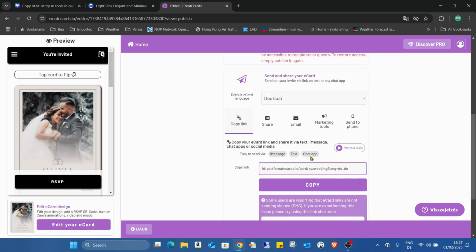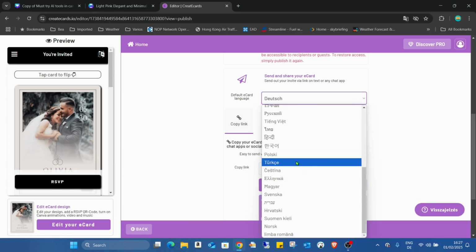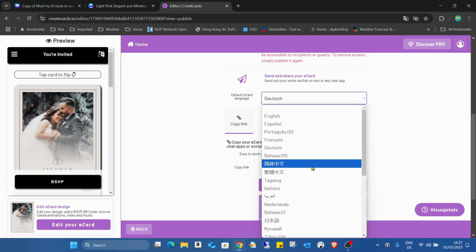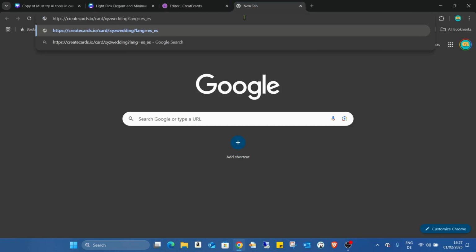even to Deutsch or German, Italiano, Italian, Hungarian, Swedish, Croatian, Norwegian, Russian, Portuguese. So if you try with the Spanish one, I'd like to see what is changed. If it's Spanish,